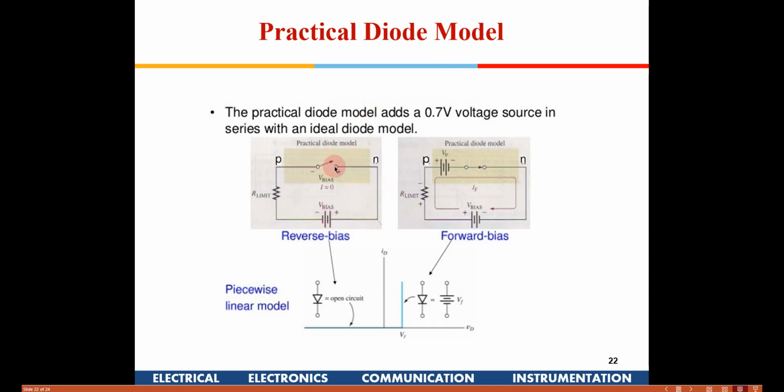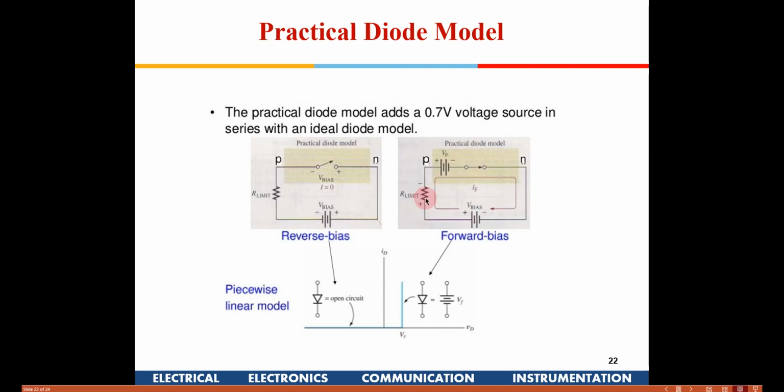In practical diodes, there is only one major difference. When you forward bias a diode, around 0.7 volt will be dropped across that diode. If you see here, there was a diode, and that diode gets replaced by 0.7 volt. So the current in this resistor will be the voltage we have applied minus 0.7, divided by R.